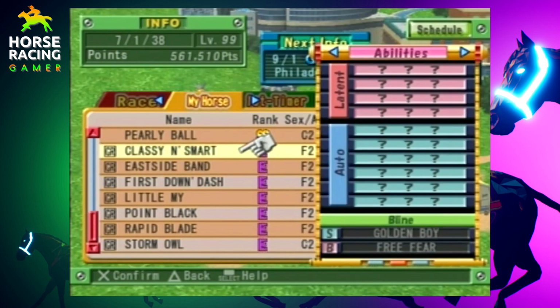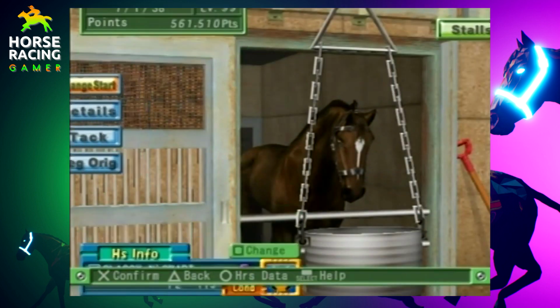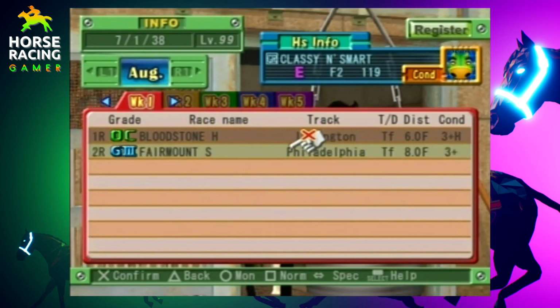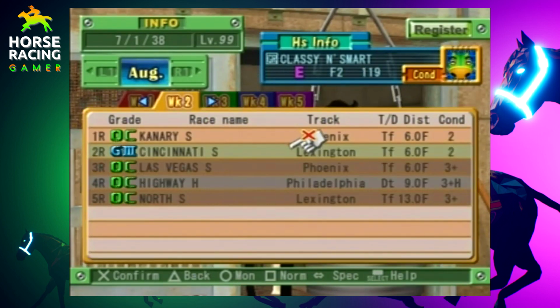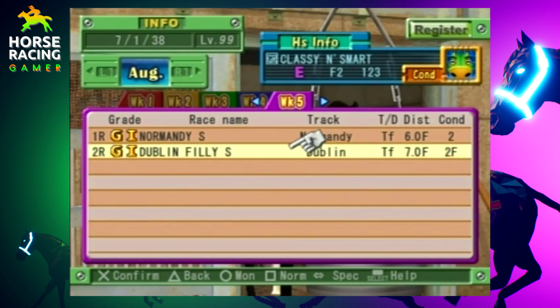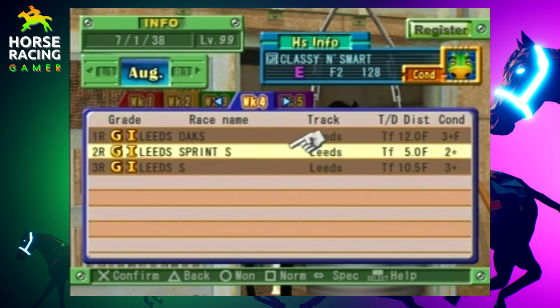Wow. So Classy and Smart and First Down Dash, the pressure's on. Classy and Smart's from Golden Boy out of Free Fear, and First Down Dash is from Golden Boy out of Black Ruby. So they're definitely getting the fast growth types from Golden Boy. He peaked very quickly as well. Okay. Well, if that's the case, the only pressure in tossing them into grade 1s immediately is, what if they get good odds and then I totally botch it because I don't know where they want to be, and then I lose the horse? Seems a bit extreme, but